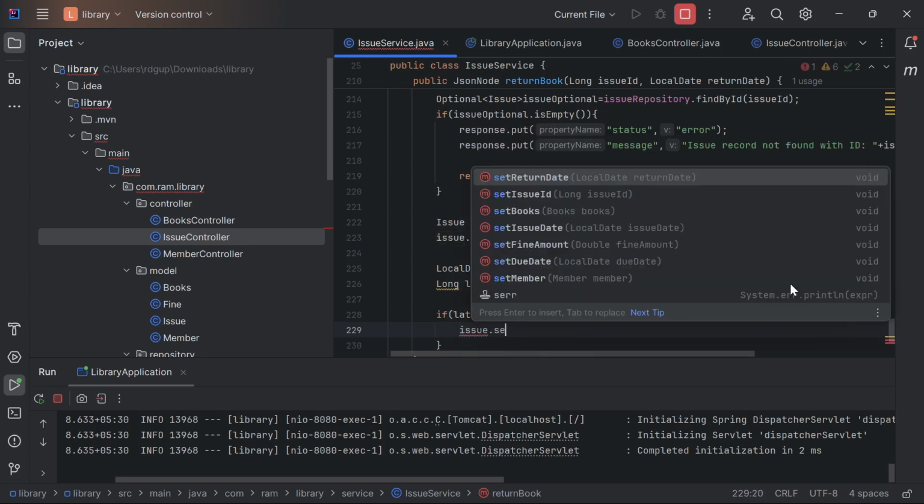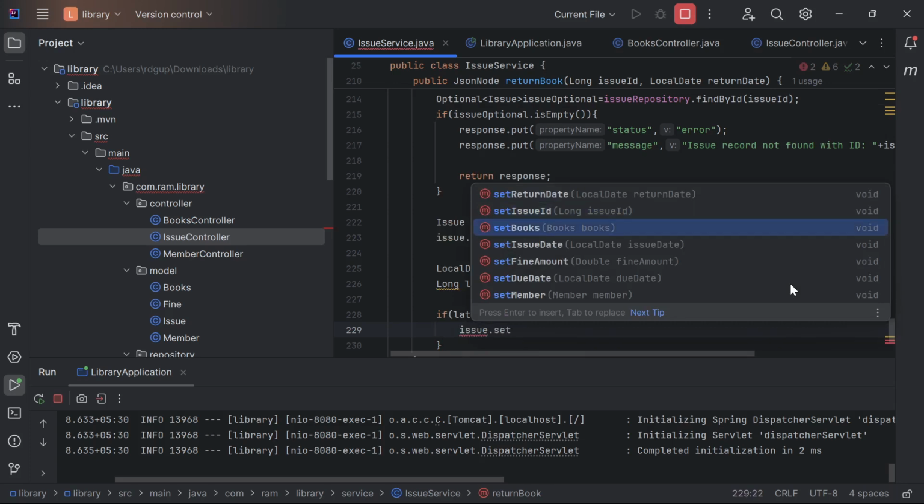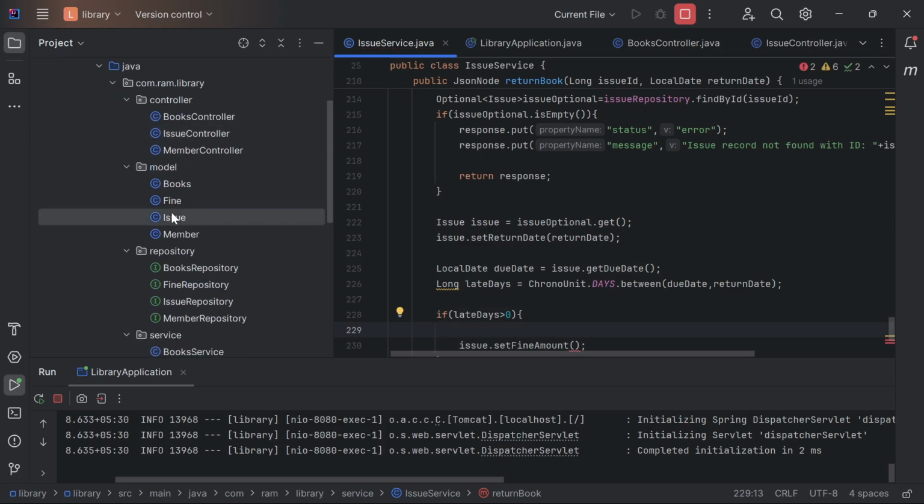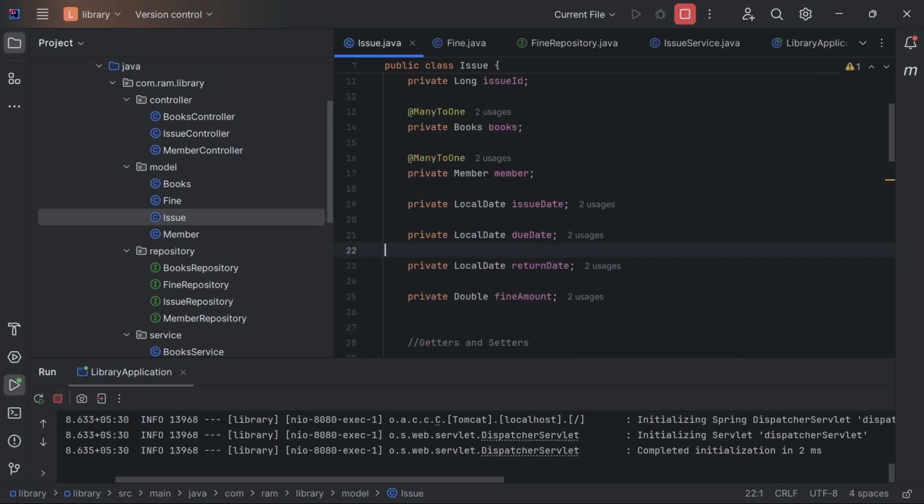Issue dot set fine amount, and the fine amount will be, in the issue we have fine amount as a double,